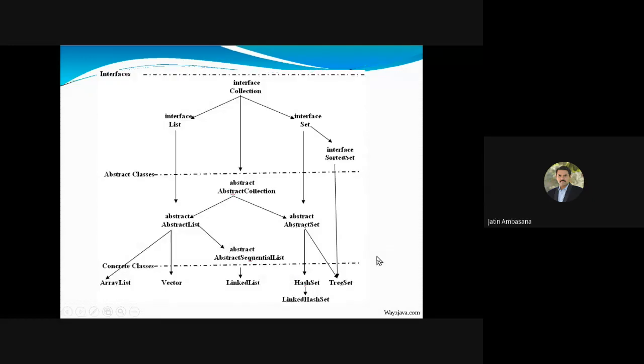So see, these are the interfaces. This is how the hierarchy is. You have the interface Collection, under which come List and Set.